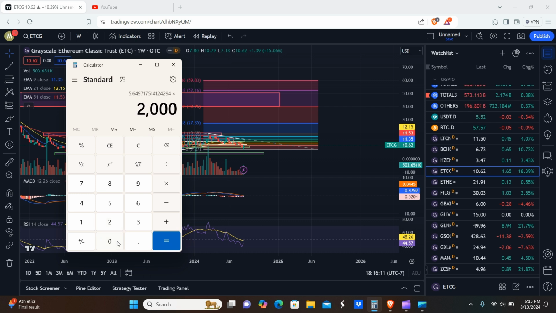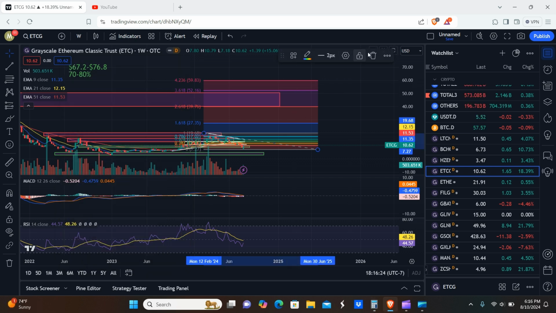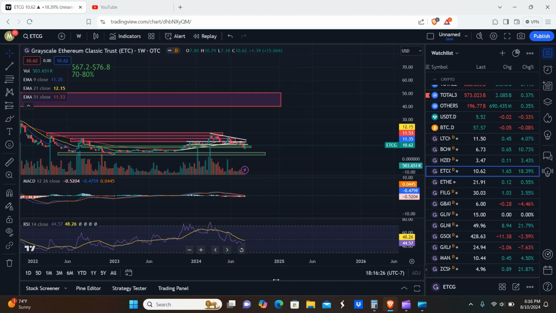Still not bad. I mean, you would have to buy some super tiny low cap stock on the stock market, which has a risk of going to zero or getting delisted, to get that kind of return on a 5.5x on anything stock related. So I would still say, in my opinion, that's pretty good.